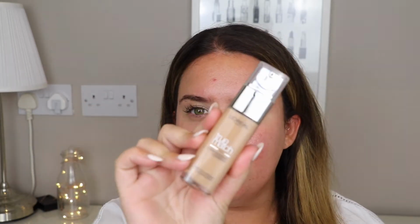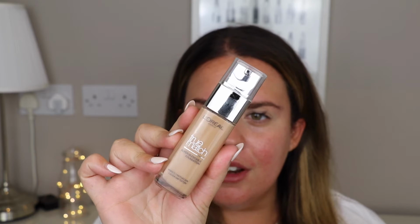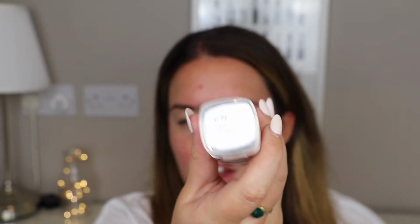So the first product I'm going to be going in with is my L'Oreal True Match foundation, and I use this in the colour 6N Honey, and this is such a good foundation. This is a really good dupe for Giorgio Armani Luminous Silk, because obviously L'Oreal own Giorgio Armani, if you didn't know that. And I'm actually going to try and use as many drugstore products as I can in this video